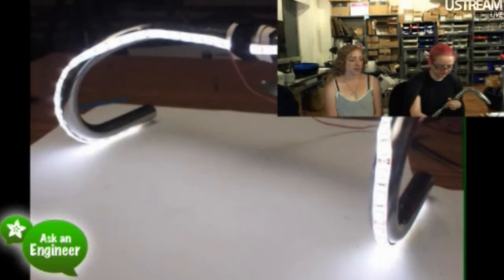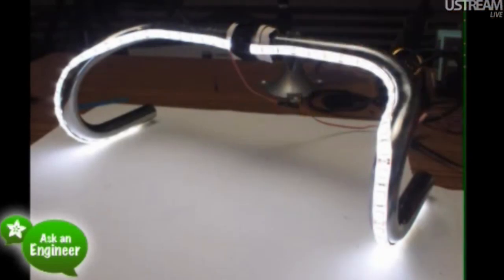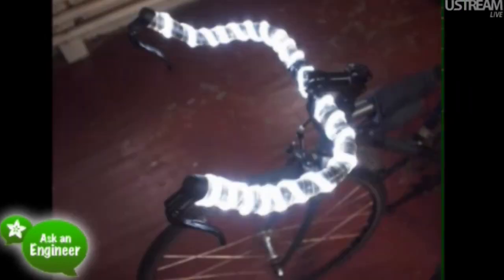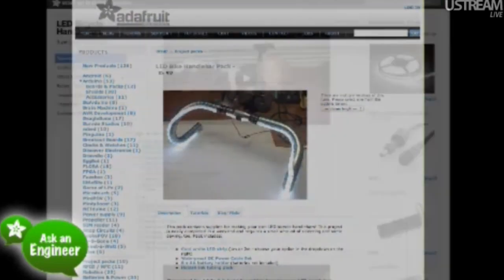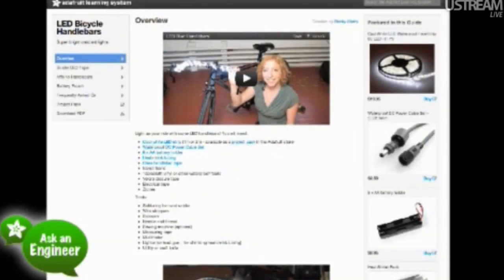He's a design student in Massachusetts who put LEDs inside his handlebars, and we thought that was a really cool project, but I don't want to cut my handlebars. It ruins the structural integrity of them. But we have all this LED strip, so at Limor's suggestion I made LED handlebars with our cool white LED